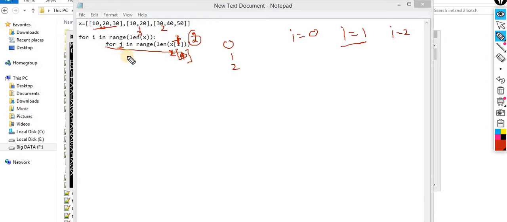So how many times will this loop be executed? 2 times. Again this one has a length of 3. So how many times will this loop be executed with the third iteration? 3 times. And so on, because this totally depends upon the length of the I. Length of this x means 0. First it will execute for the 0 time, second for the 1 time, third for the 2 time.